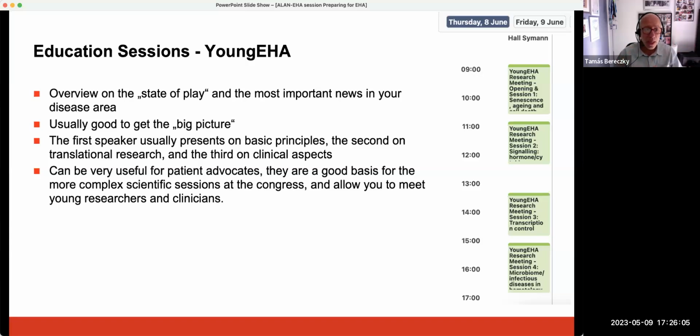So where do we stand now? What are the most important news in the given disease area? Again, these are good for you to get the big picture, and you're welcome to attend these sessions as well. There's a choreography to these meetings. The first speaker will present on basic principles, then there will be a presentation about translational research concluded from the basic principles, then a presentation on clinical aspects, and then possibly also a discussion, questions and answers. Obviously, you are not just welcome, but encouraged to ask your questions in all the sessions you attend, when there's a possibility to ask questions,